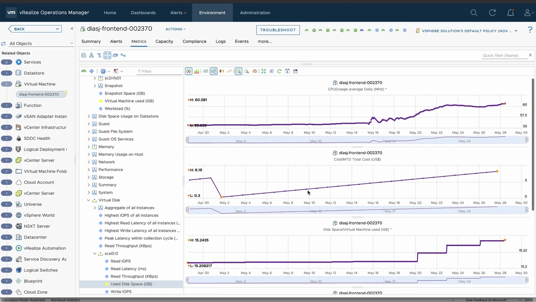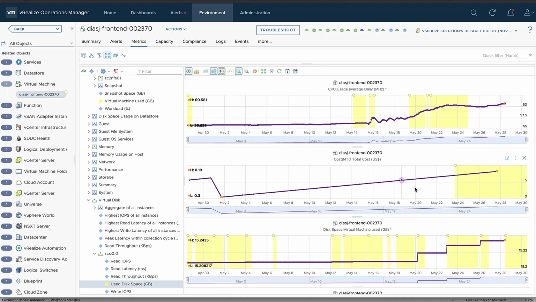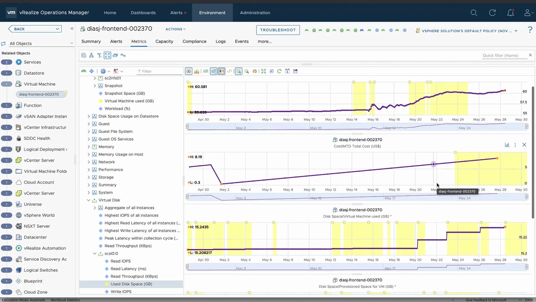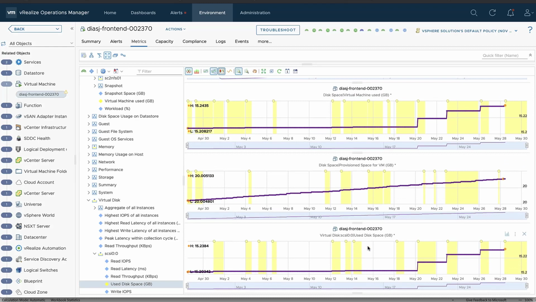But let's go ahead and turn on, first of all, the metric anomalies, or this is our anomalies button. Let's go ahead and click that. So now we get exactly where these particular metrics are breaching their dynamic thresholds. So we can see there are multiple times throughout. Right now we have the last 30 days up. So within the last 30 days, there are multiple times these have breached their